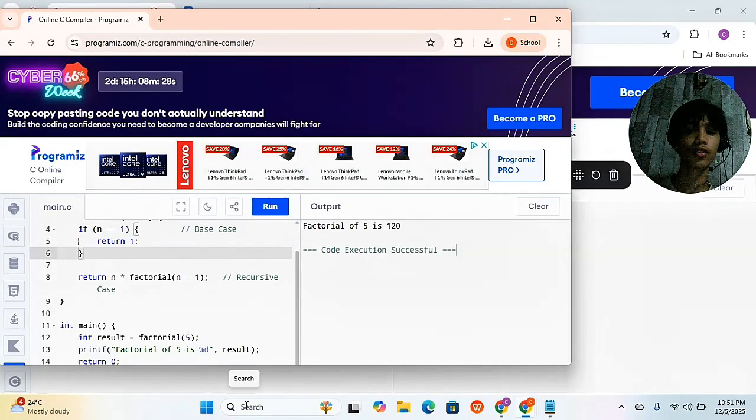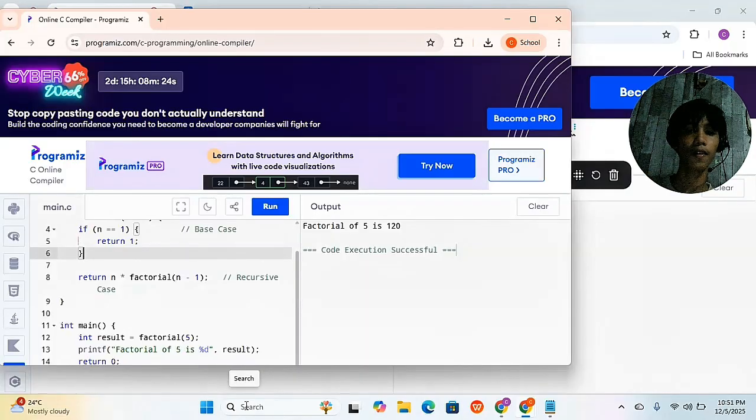Since factorial 5 is called, and 5 is not 1, we calculate 4, then 3, then 2, then 1, until it hits 1. Then carry everything backwards. 2 times 1 is 2, 3 times 2 is 6, 4 times 6 is 24, 5 times 24 eventually becomes 120. So factorial 5 is 120.